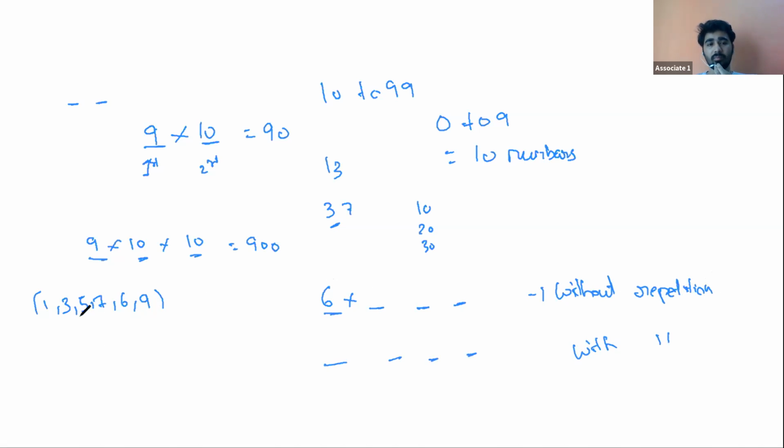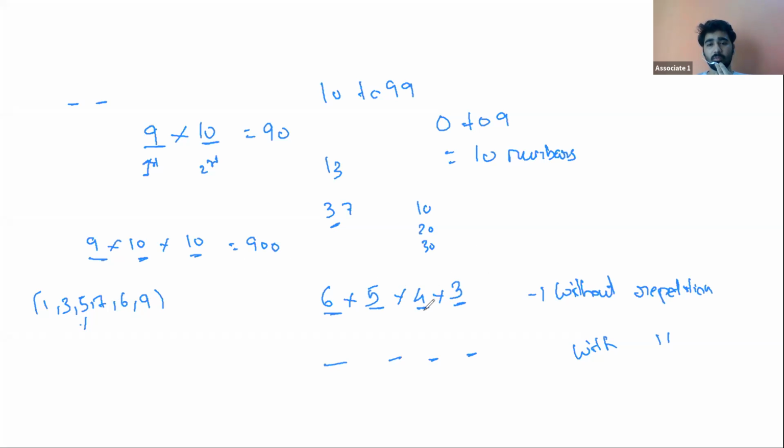So if you look at without repetition, in the first digit, you can take any of these numbers. Suppose you took 5. Now how many options do we have remaining? Because the number should not get repeated, 1, 2, 3, 4, 5. So this will be 6 into 5. For the third space, you'll be remaining with 4, and for the fourth space, you'll be remaining with 3 digits.